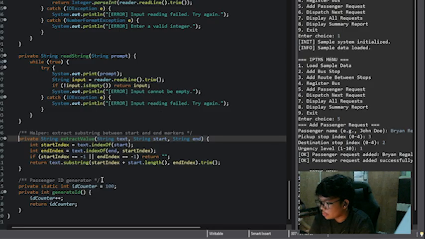And for the last method, the generate ID method, it generates unique IDs for new passengers to ensure no duplicates. It's essential for tracking passengers and maintaining data integrity.